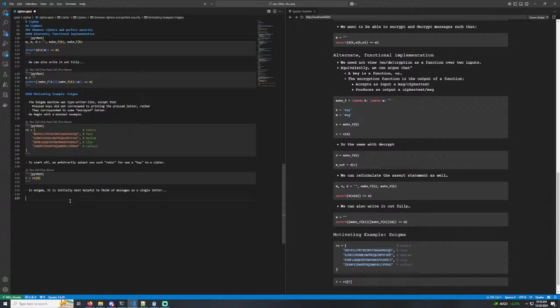So we need a function. We need a function that creates a function. The created function accepts one letter and produces one letter. So let's write this up. I think